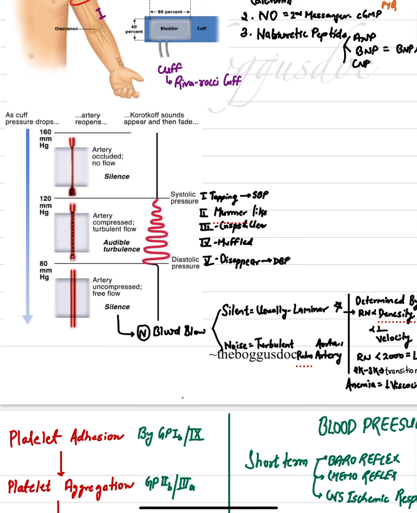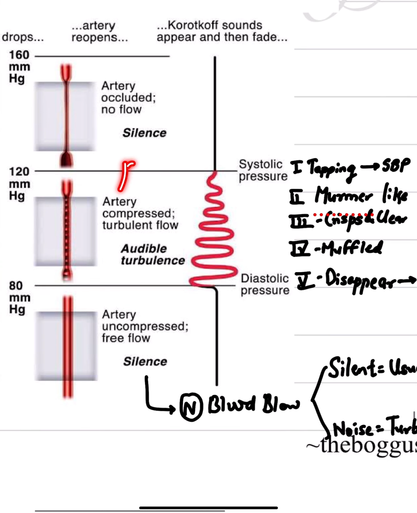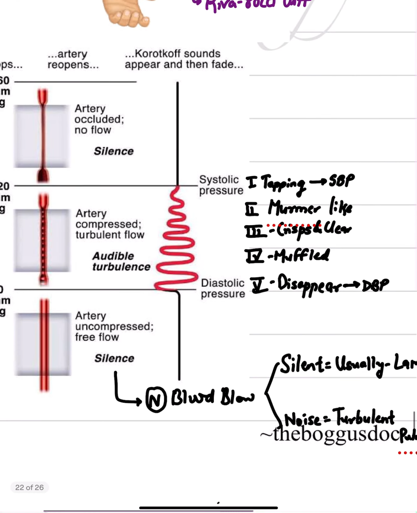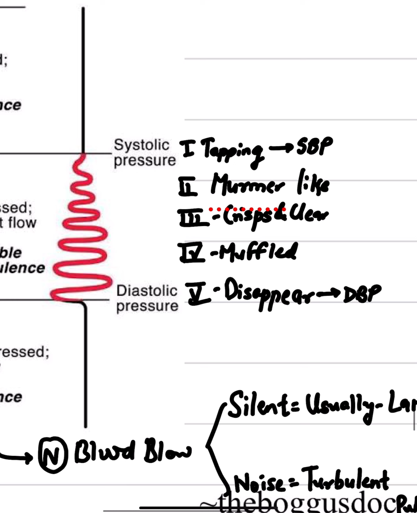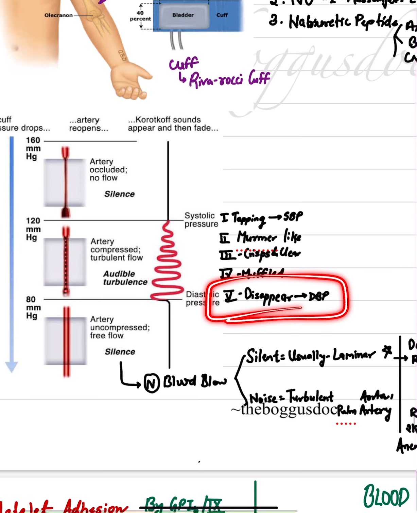So we have Korotkoff sounds, you know them. When we raise the blood pressure from 80 to 120, 180, 160 or so, the artery is occluded, no blood flow, we have silence. When the pressure falls to around 120, the systolic blood pressure, we hear the first sound, the tapping sound, the audible turbulence. There are five phases: first tapping, then a murmur-like sound, then a crisp and clear sound, then a muffled sound,